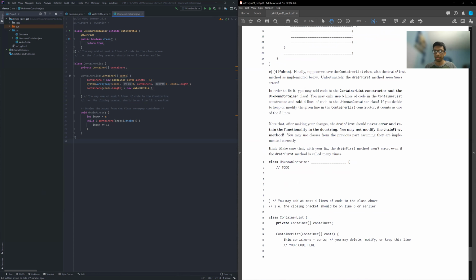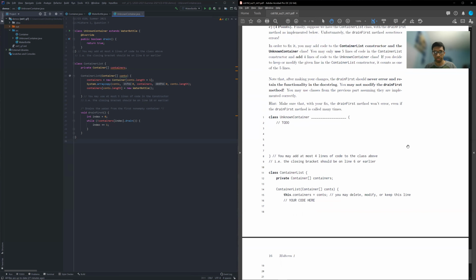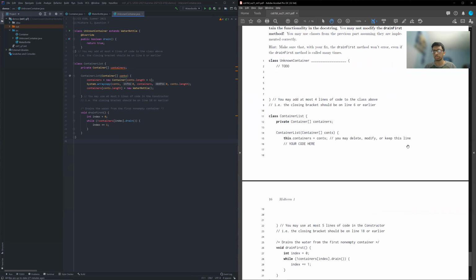All in all, this was a fairly involved problem. And I think that it was pretty challenging for a couple of reasons. But what I'd encourage you to take away from this is sort of the approach that you have to go in with. It's very difficult to know what unknown container does from the beginning, or even to know what the error is here and how you need to modify it until you diagnose the issue with drain first. And the way that you do that is by doing examples. Specifically, you need to do examples of edge cases, right? Because even if you do a general example, like the very first example that I did, you'll notice that the code might work. So you have to think about how it might not work, right?